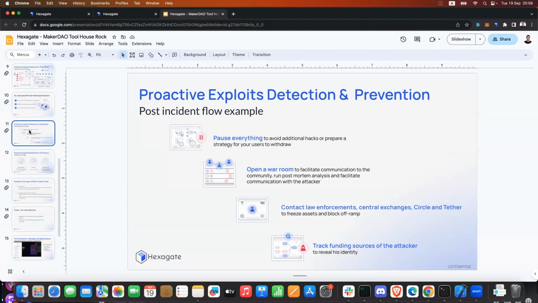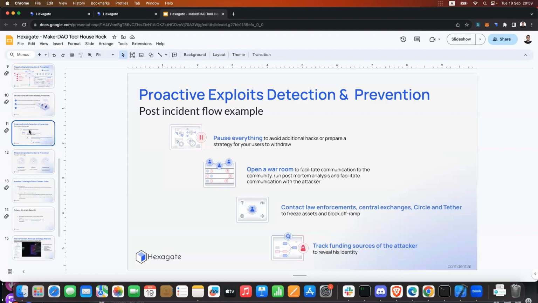As mentioned, we have a very detailed plan as to what to do within a war room, and usually it's anything around running a postmortem, starting to engage with the attacker possibly. Sometimes, not all the time it's beneficial, but if it has been front run, for example, the front runners can return some of the funds and so on.